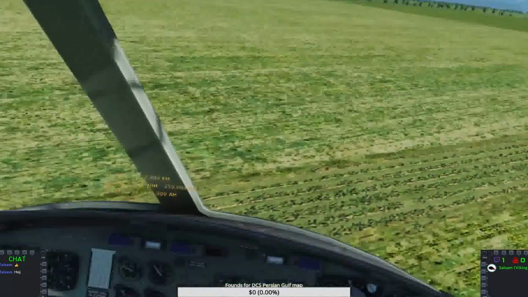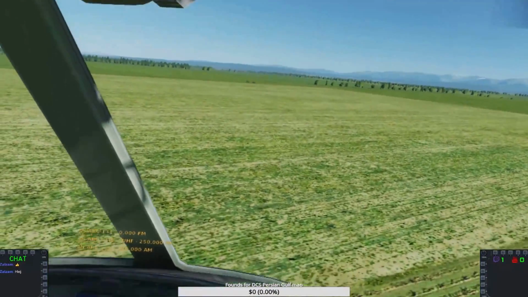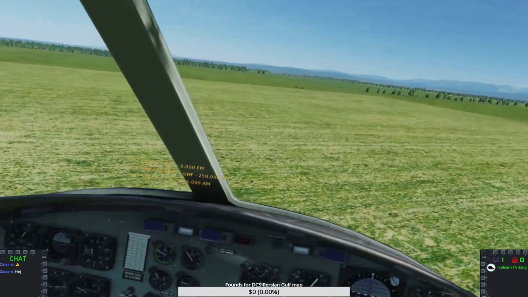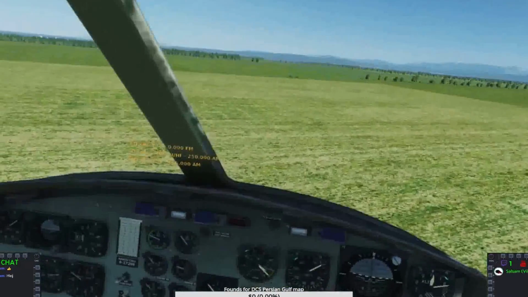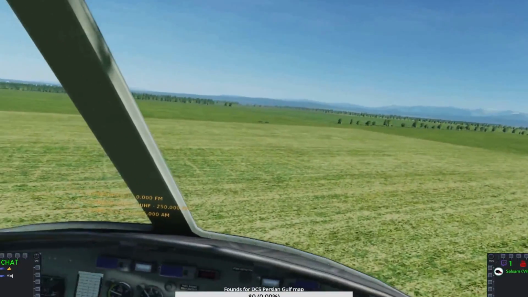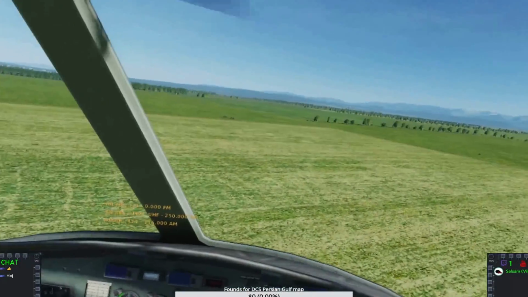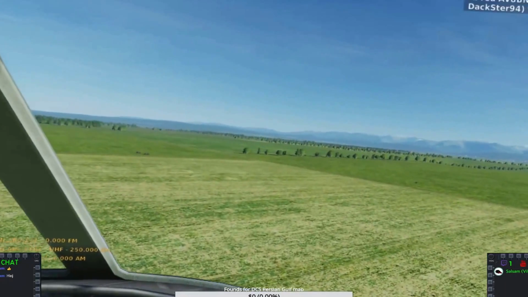Check you clear the ground, and start flying. I usually don't fly faster than 60 knots. I don't know exactly the speed the cable breaks, but